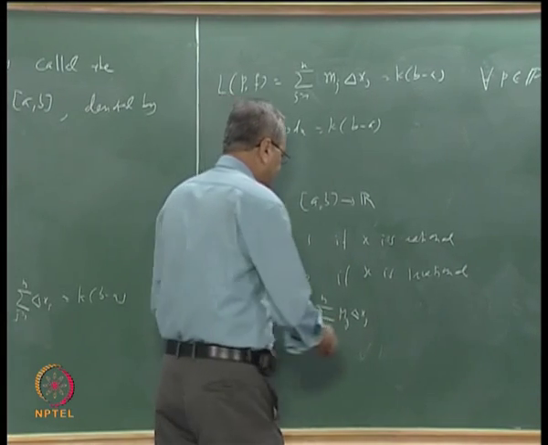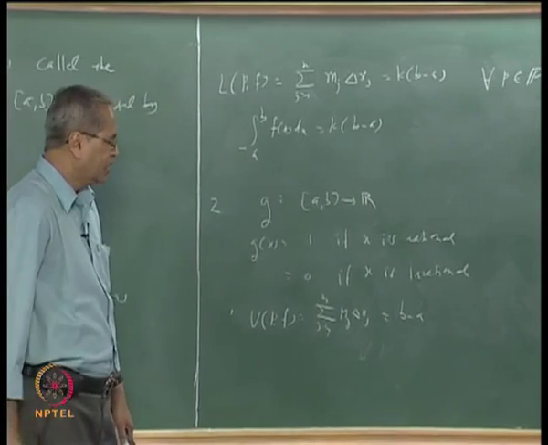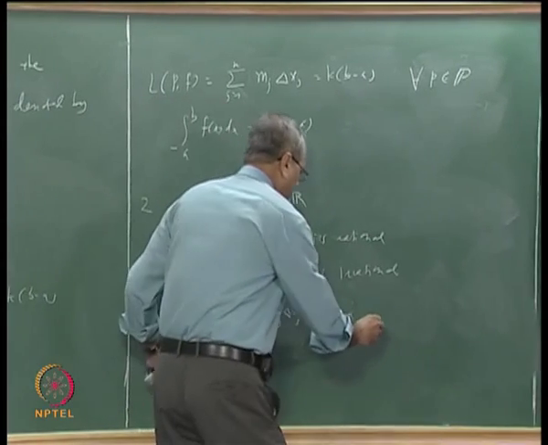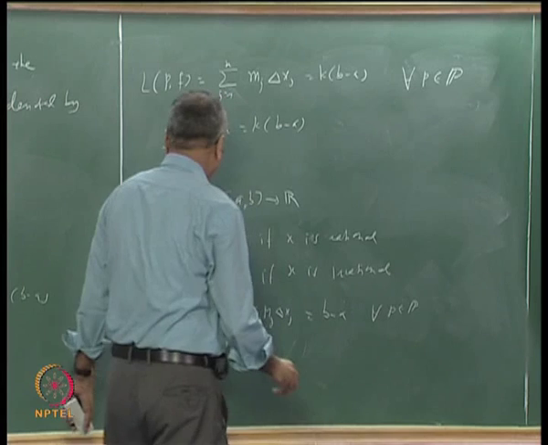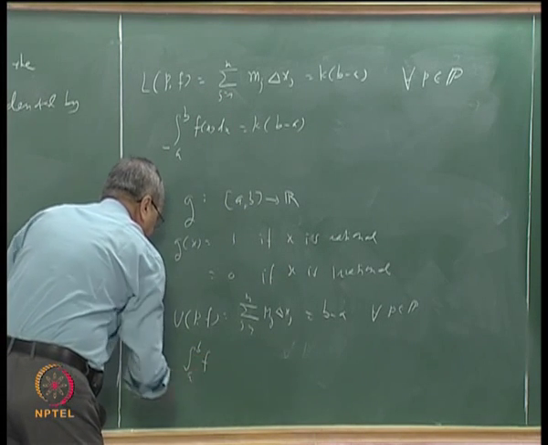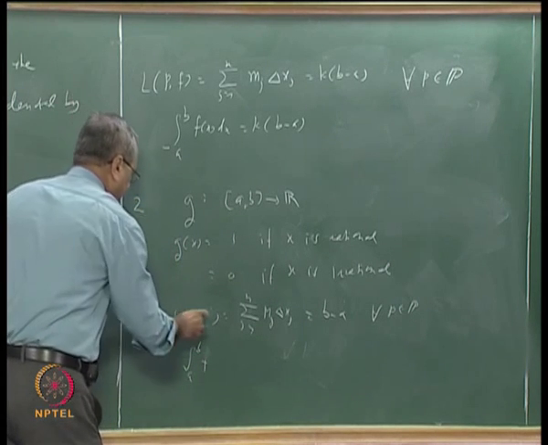So this value is nothing but b minus a, and since this is true for every partition, what we have is that the upper integral from a to b of g,